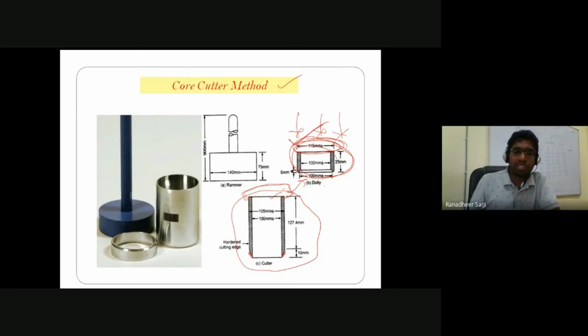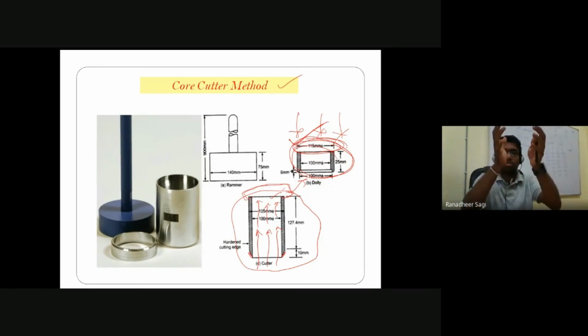In the process, the soil starts penetrating into this mold, and once you ensure that the complete full depth penetration of the mold is done into the ground, then you can excavate the surrounding soil and take out the hollow cylindrical mold which got filled with soil.